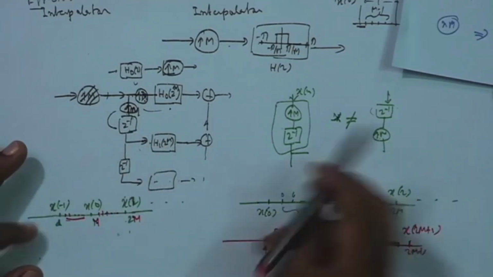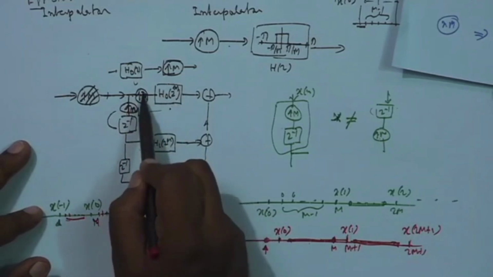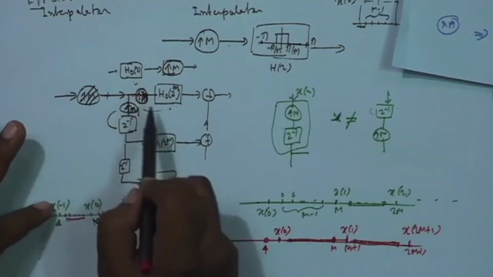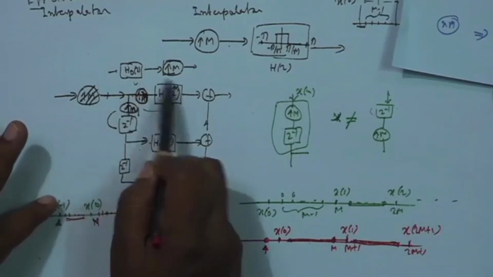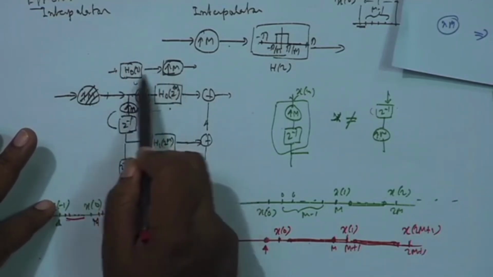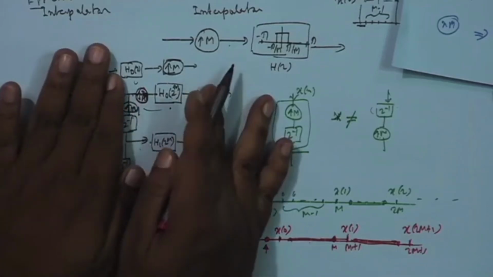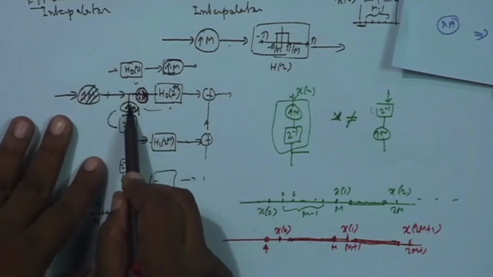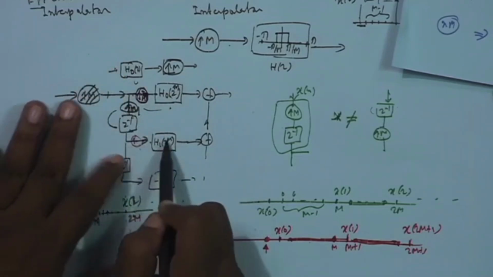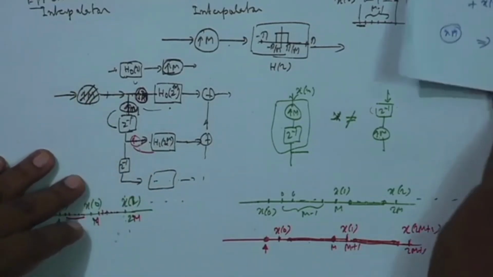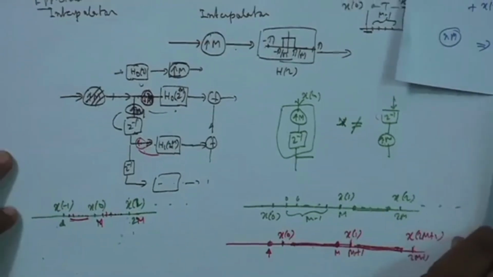So, this way it will not work, I could only do that here. This is m, and here I could interchange: h 0 z to the power m comes first and this expander goes second. This can be interchanged here, because there is no delay. So, on these two I can apply noble identity B, but I cannot bring that interpolator here and then apply noble identity B on these two, and same downwards also. So, this will not work, but I can get around this problem by a clever manipulation of this kind,